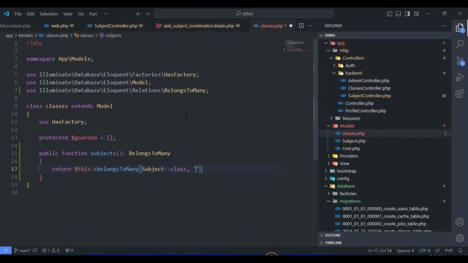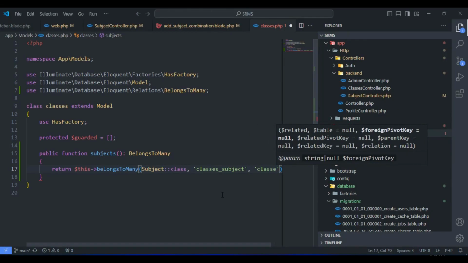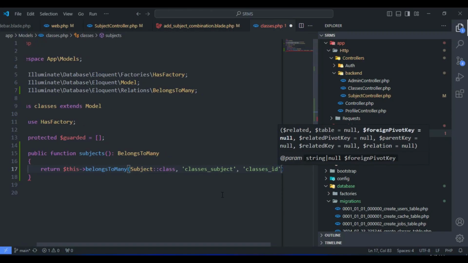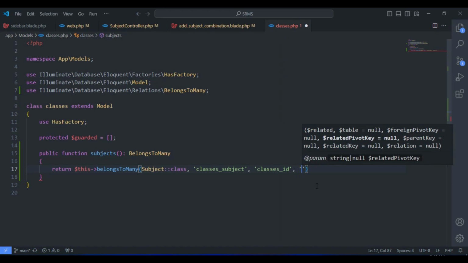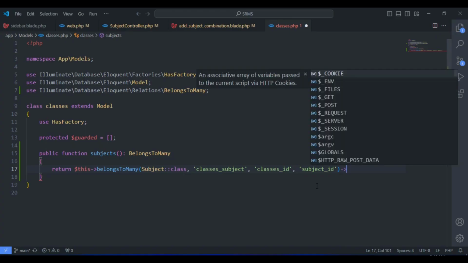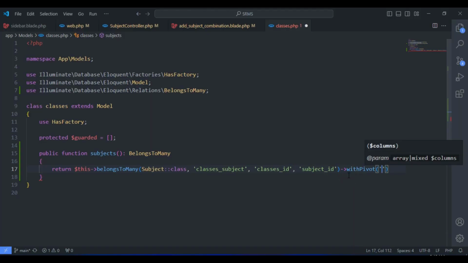Now let's get back to our code, paste that here, classes subject. And then our third parameter is going to be our classes foreign ID, like so. Let's close this window. And then our fourth is going to be our subject foreign ID, subject ID, like so. And then after that, here we're going to say with pivot, like so. Say status,